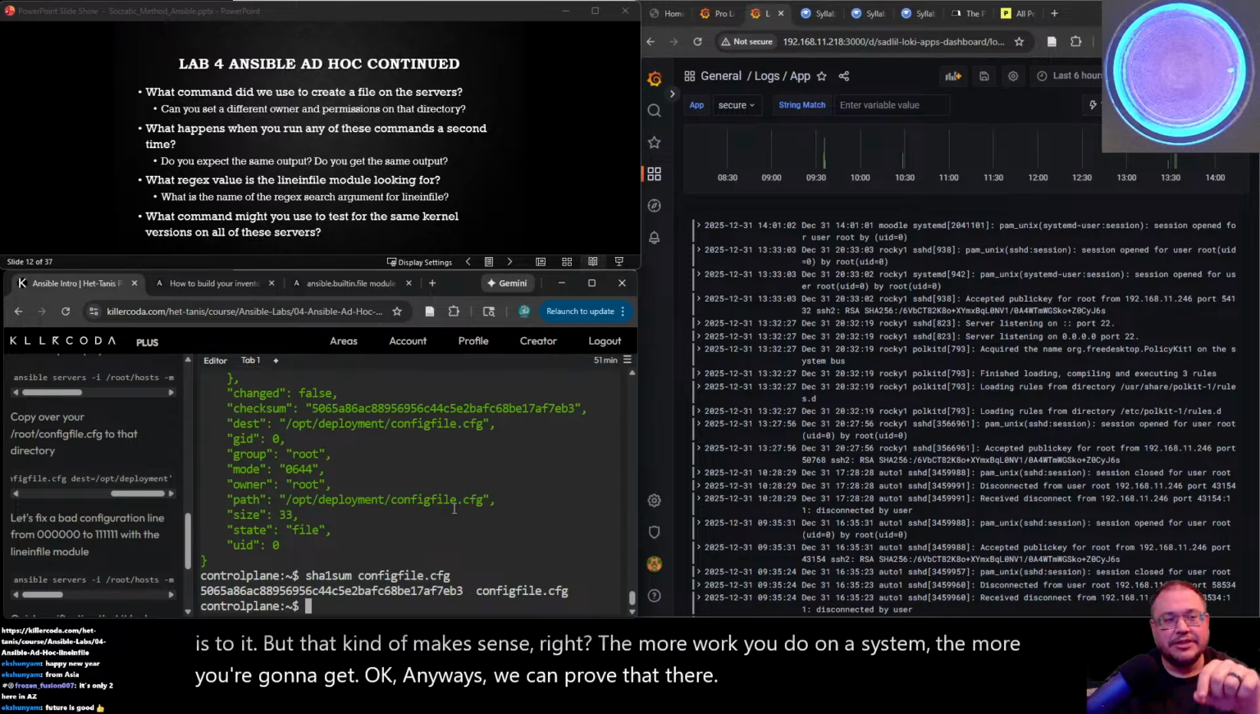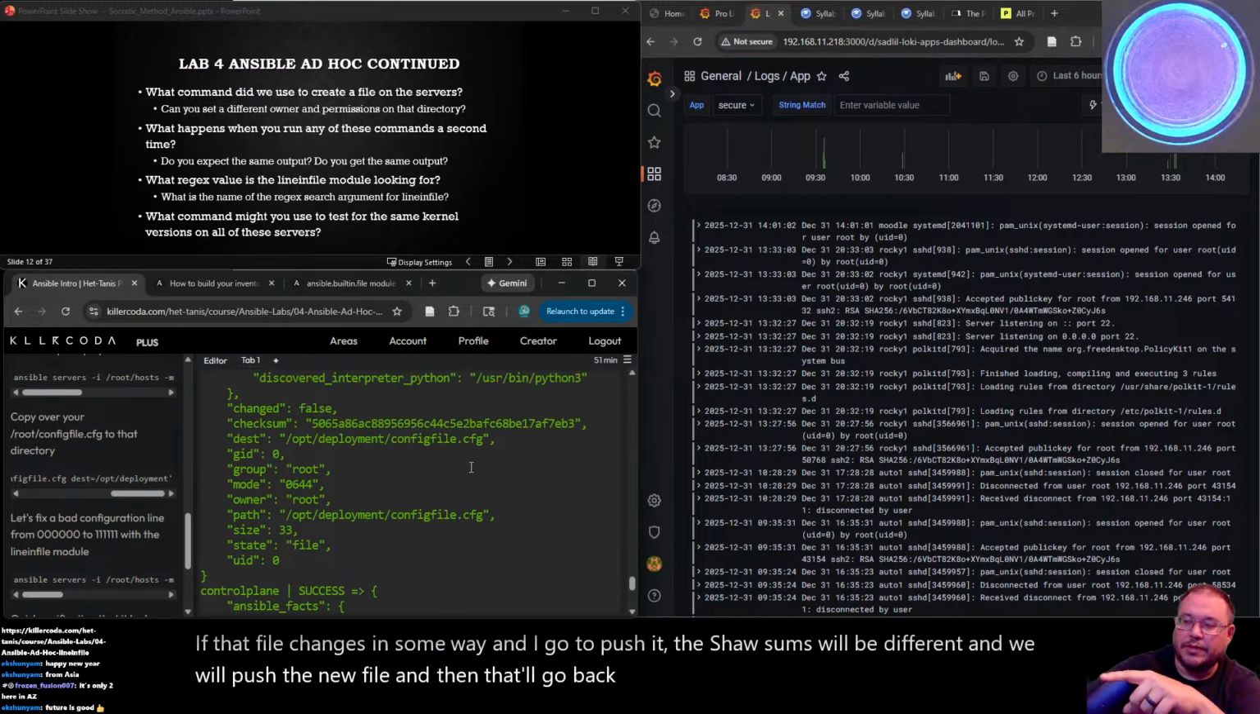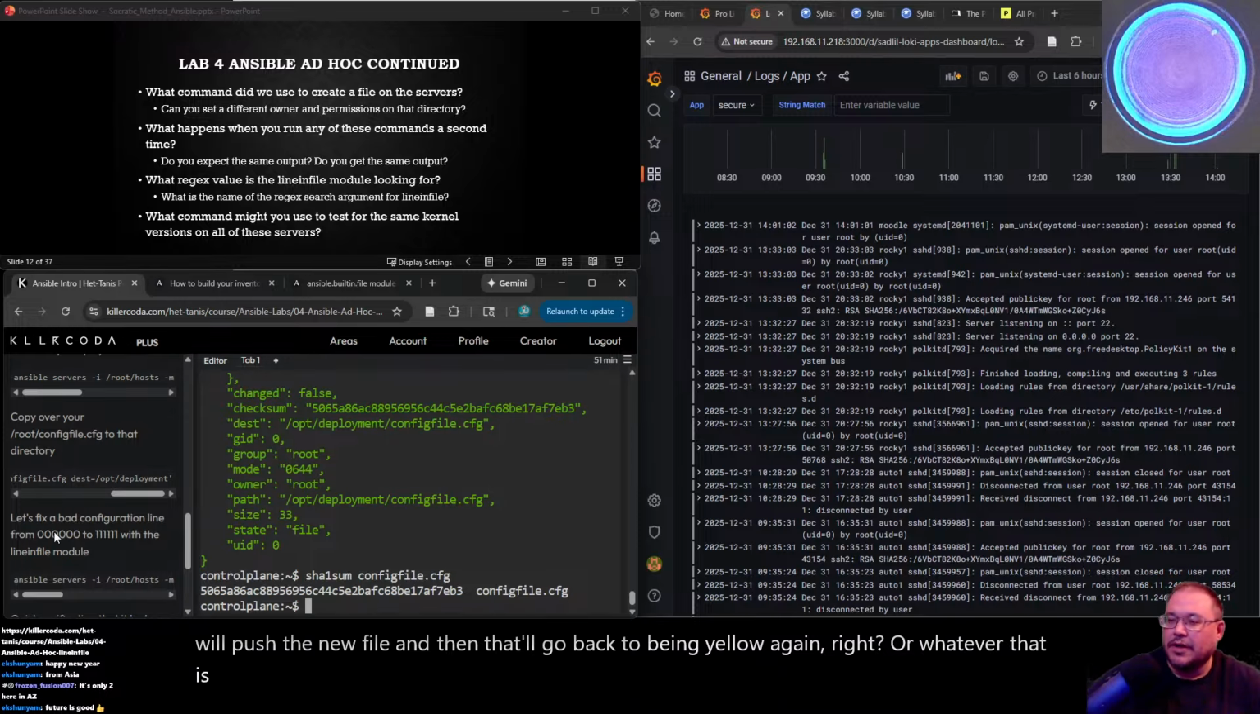If that file changes in some way and I go to push it, the SHA sums will be different, and we will push the new file, and then that'll go back to being yellow again, right? Or whatever that is. Okay, green and yellow, I think. Okay, so now we've got a configuration in there